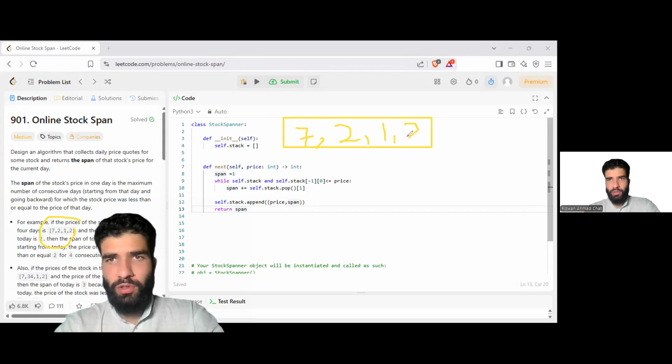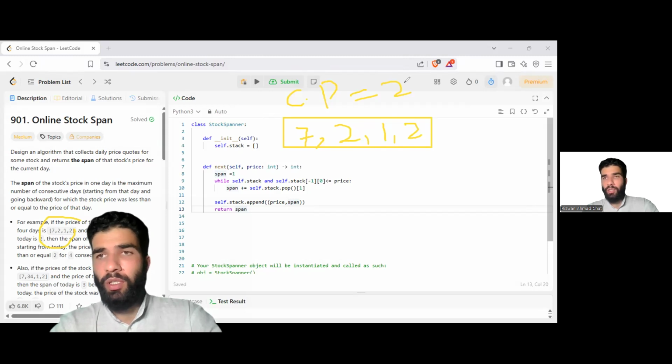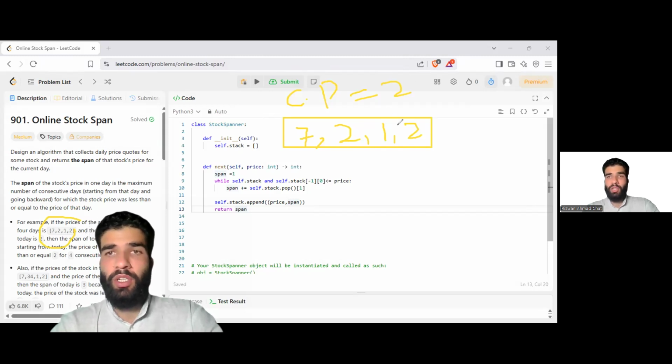7212. For example, these are all the previous prices, and if we take the current price as 2, all right? To calculate the span of the current price, we have to go inside all the previous prices that are given, and check the frequency of the current price in the previous prices. So if the CP, that is the current price,